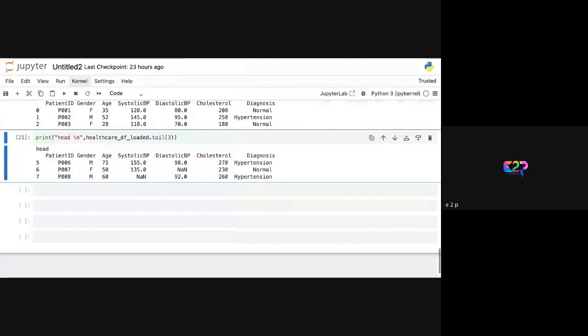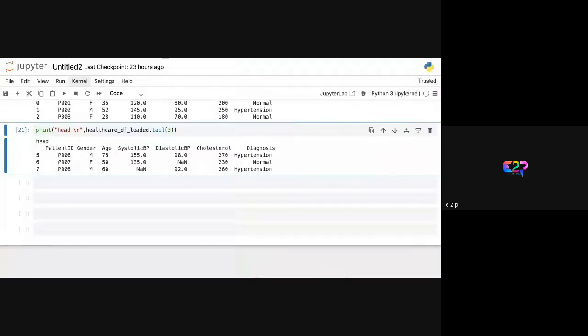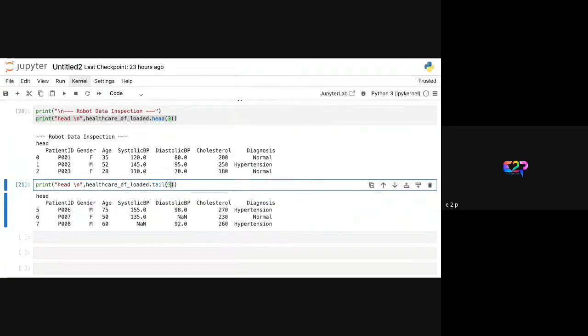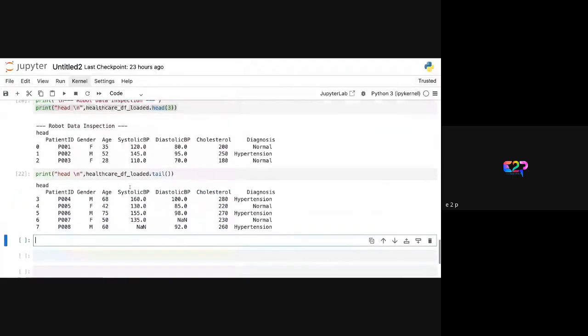So it is giving the last 3, 5, 6, 7. When I give the 3, it is giving the last 3. Otherwise, it will give the last 5 values of this data frame. Okay, then info. Actually, the info provides us the concise summary of the